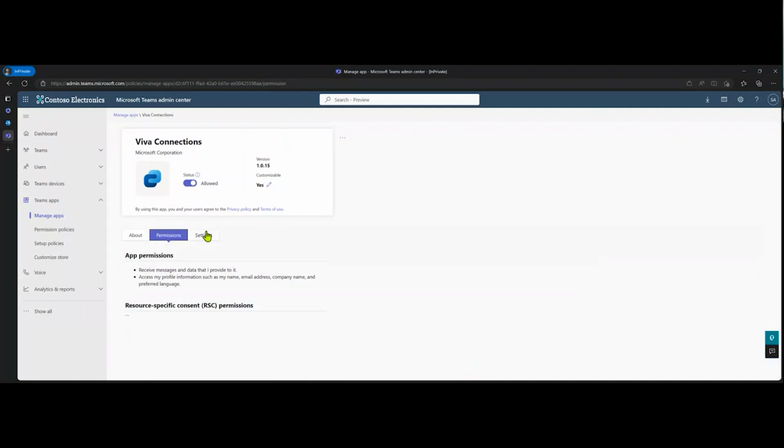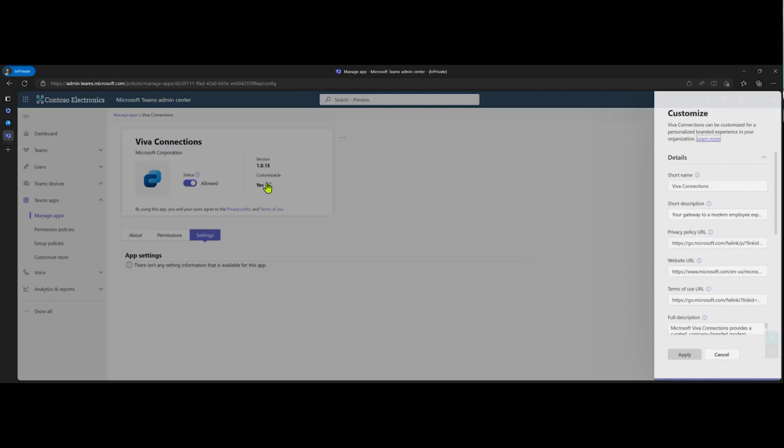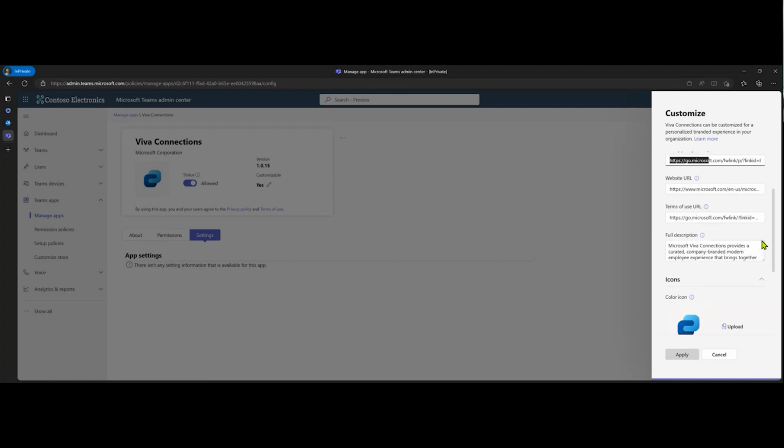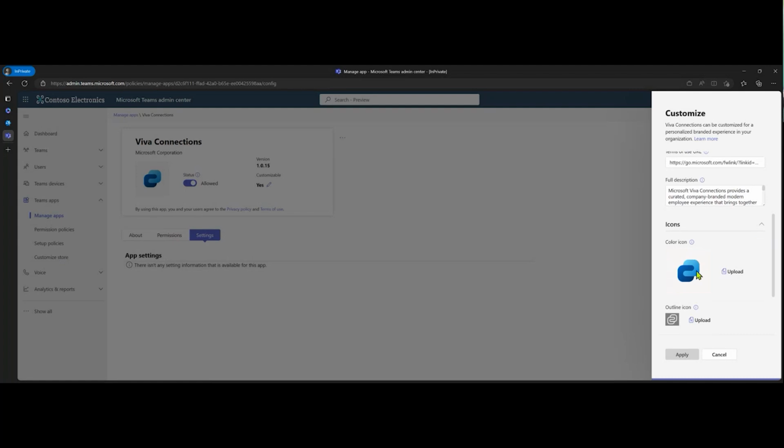So walking through here, it just tells you what your permissions are. There aren't any settings. And if we look at our customization, these are the things that I had on the previous slide. So you can change the name, you can change the description. I would recommend changing the description for sure so that it makes sense to your employees. These things are really important. So if you've got existing policies in place for privacy, for your intranet usage, any terms of use for your employees, this is where you would want to replace that with what we have in our privacy policy URL settings.